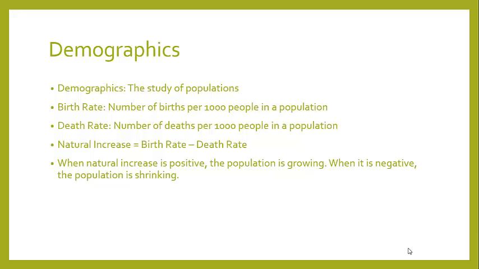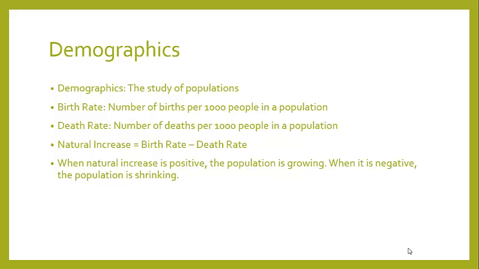The first one is birth rate. Now, a birth rate is simply the number of births per 1,000 people in a population in a year. The death rate, on the other hand, is simply the number of deaths per 1,000 people in a population for a given year. And by using these two numbers, we can calculate the natural increase, which is simply birth rate